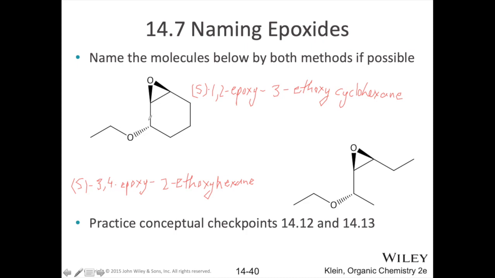It kind of loops in on itself. So I would say that if you were trying to name this, treating the epoxide as a substituent makes more sense than trying to use the other naming system. For this molecule, though, we can totally do that, right? Because we've got an ethyl substituent on this carbon, and we have a substituted ethyl on this carbon. So if we were using our oxirane suffix,